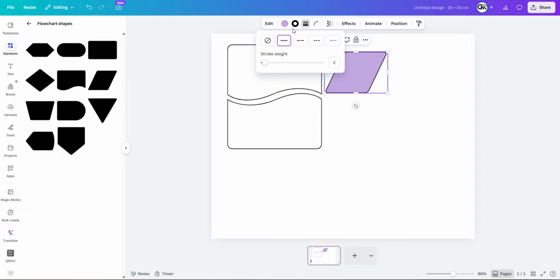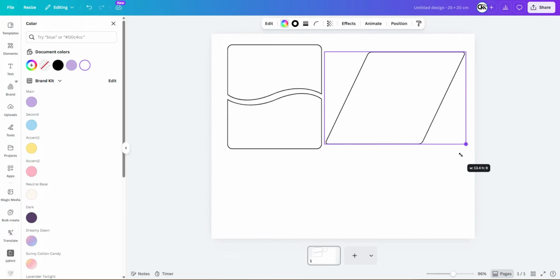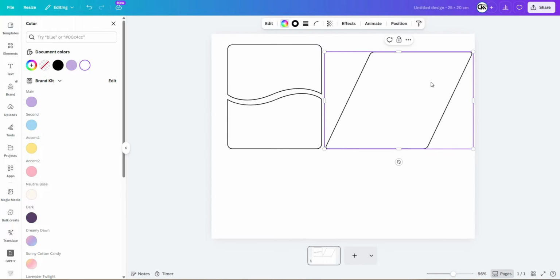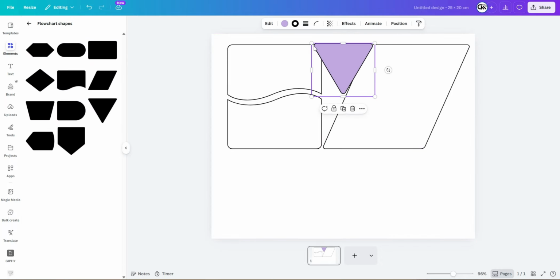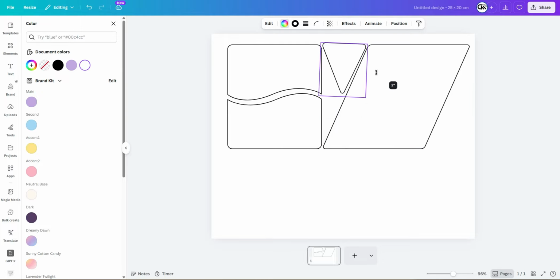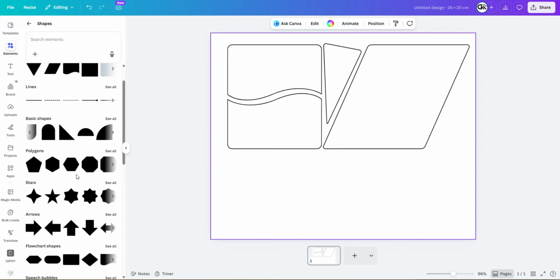next panel. Now I'll pick out a slanted parallelogram to add some energy to the right side of the page. I'll stretch it out to fill the height of the first two panels. I can even use a triangle, rotating and stretching it to create a sharp, custom-angled panel that fits perfectly into the empty space. I'll finish the bottom of the layout by adding one more large, simple rectangle to serve as